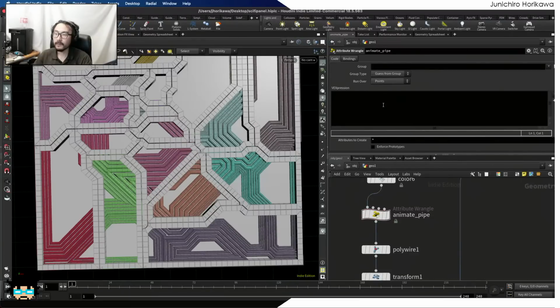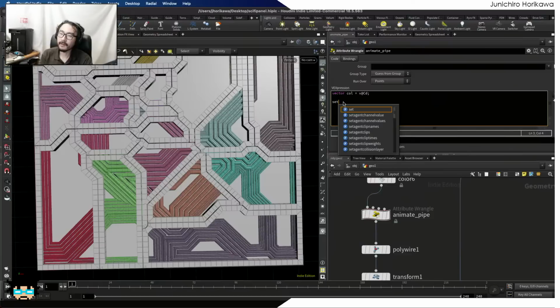Okay, and then what was I trying to do? Okay, so first of all, I'm going to get the color value, and then let's say the tail color is black and the head color is white and the in-middle color is this color. So I'm going to create two